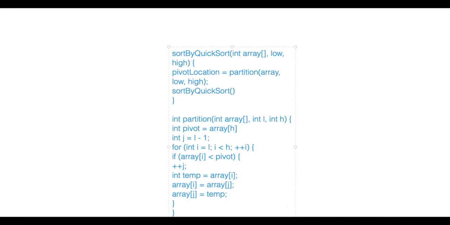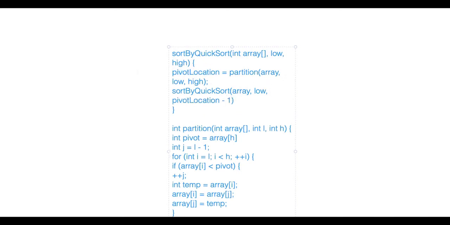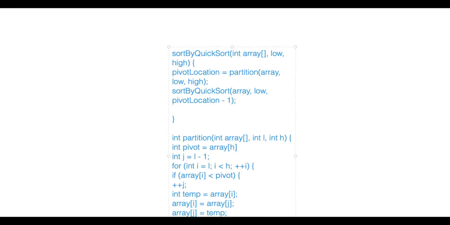One will be low to this pivot location minus 1, and what we're doing is running a quick sort on the left side of the pivot. We have fixed the position of the pivot, and then we are running a quick sort on the left side portion, right?